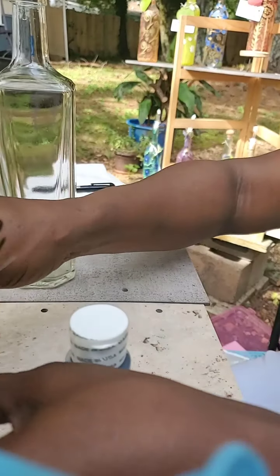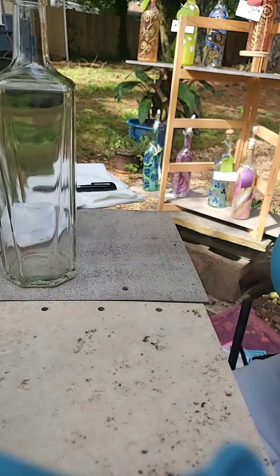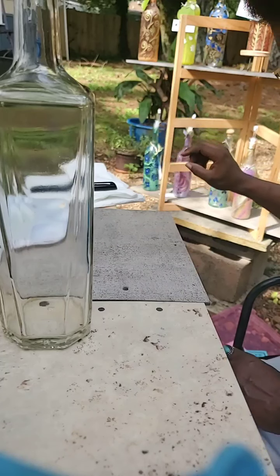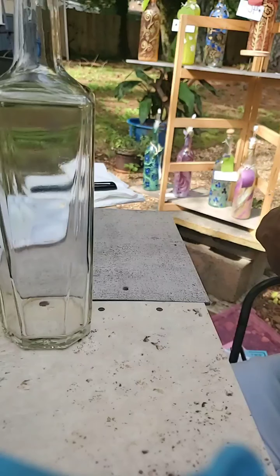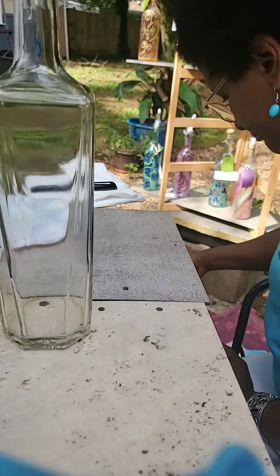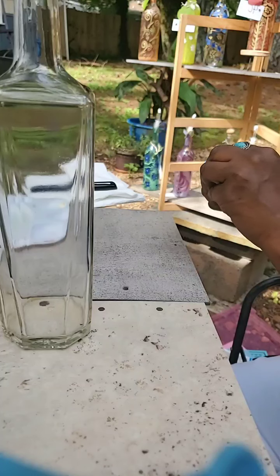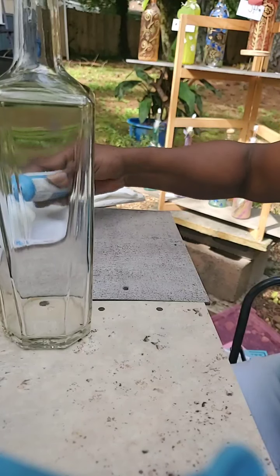All right, so I'm going to get over here, and I don't know what the design is going to be, so what I'm going to do is just go ahead and decide on a Sanskrit design, which is called the mandala. And so I'm going to do basically what is a mandala pattern, which allows you kind of to just go in and start working and repeating a process, just like you would in a meditation, or a prayer. You're repeating something, and it helps you to relax your mind. And I think I'm going to use my blue. I'm feeling the blue, and this one is a metallic blue, a little bit of metallic to it,